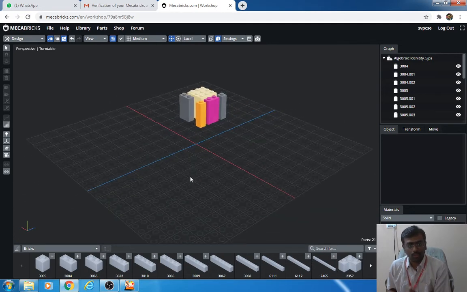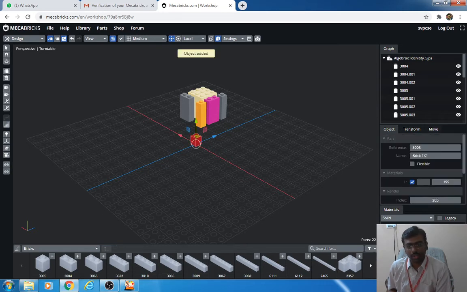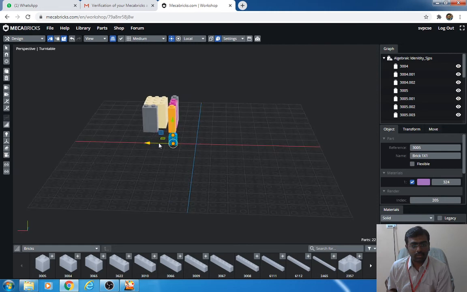A, what color have I chosen? I have chosen pink. So just make a 1 cross 1 brick and make it pink. You have to locate it, drag this particular thing, and make the position appropriate.